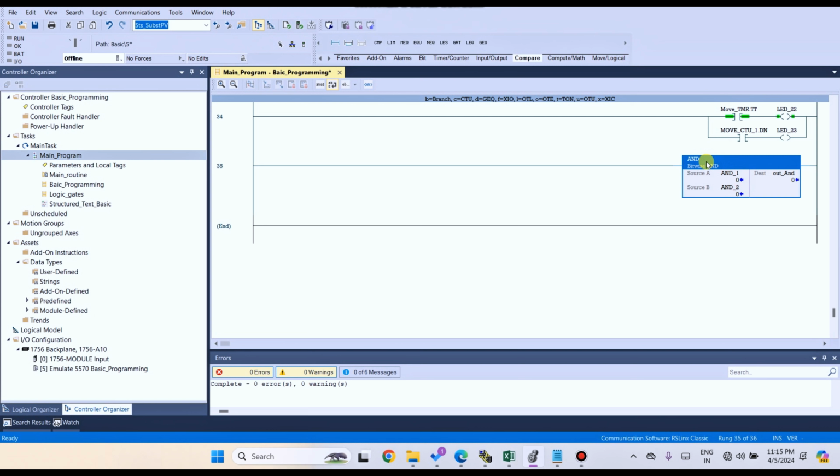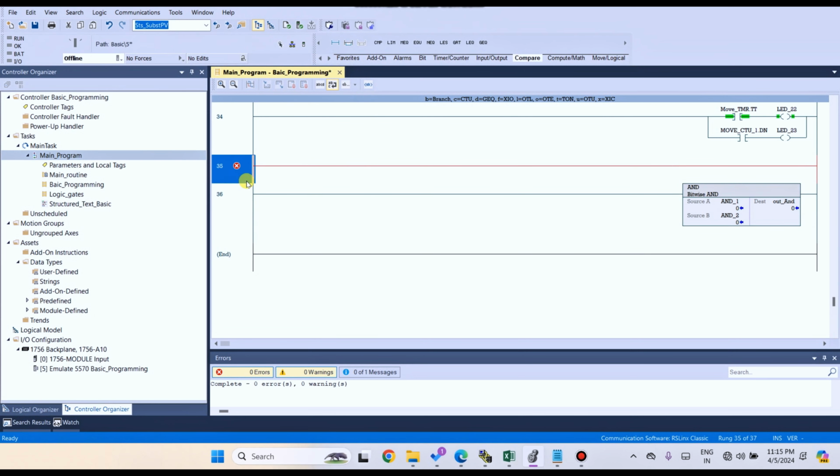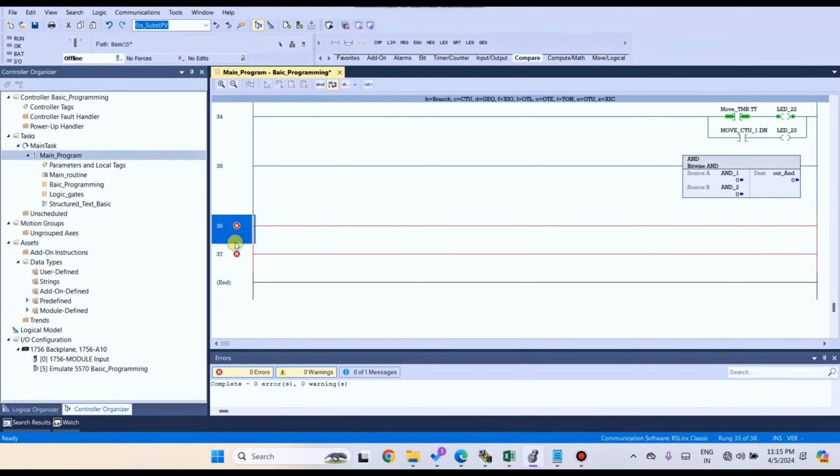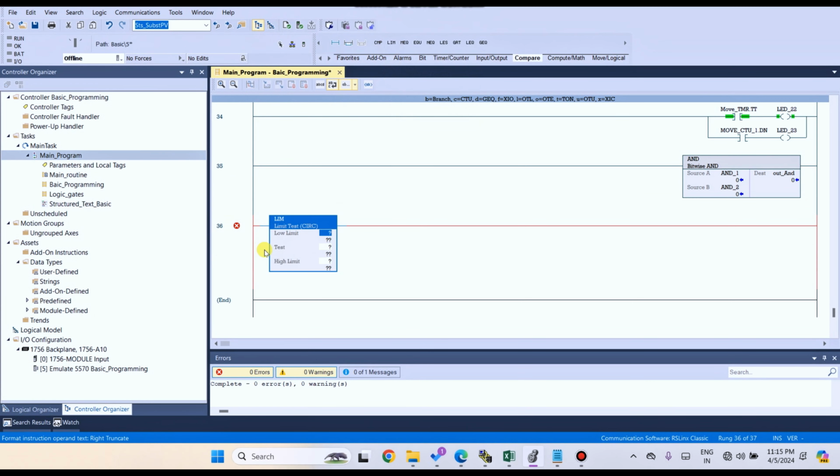So let's see. The AND gate block is a very interesting and very useful block. Take another rung, copy, and here paste, and cut the rung. Take another rung and take a limit block.